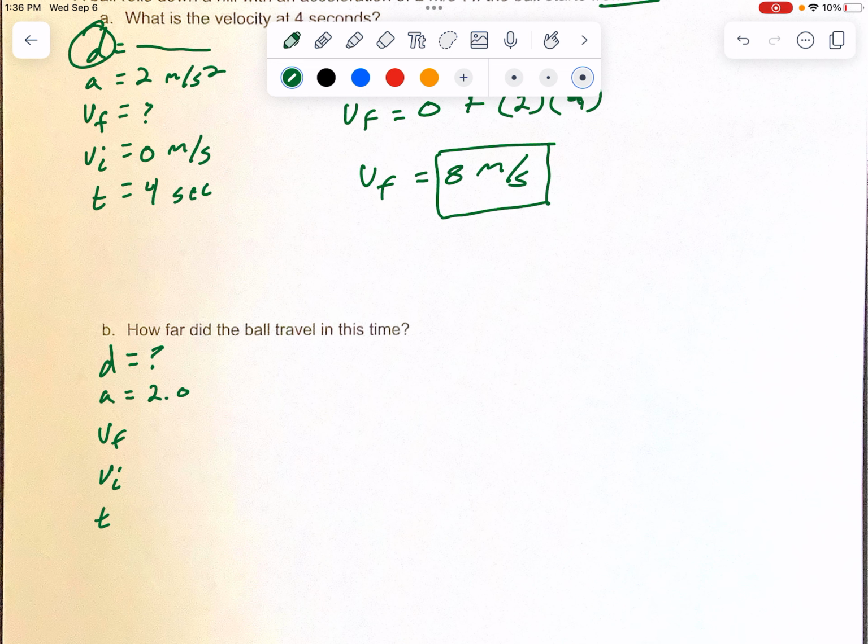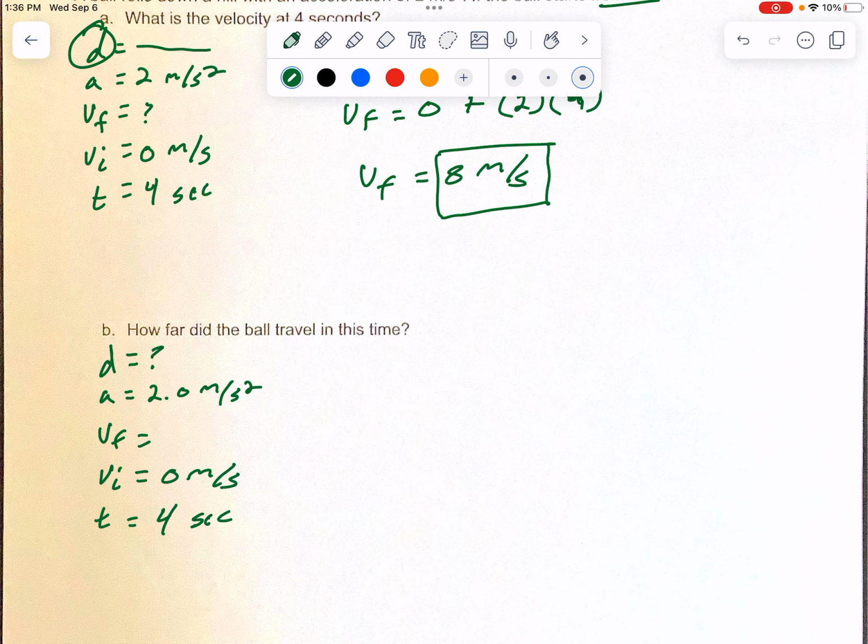Acceleration is still 2.0 meters per second squared. Okay, now you could use V final that you just found, but I always recommend just use the information that we gave you originally in the problem. One reason is if you messed up on part A and you did not get 8 meters per second, and you bring that answer down to part B, now that creates a domino effect that's going to mess up part B. So VI, I'm going to stick with that 0 meters per second because they told me it started from rest. And I'm going to stick with the time